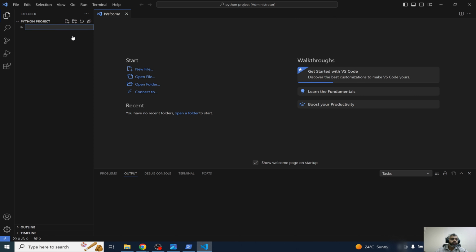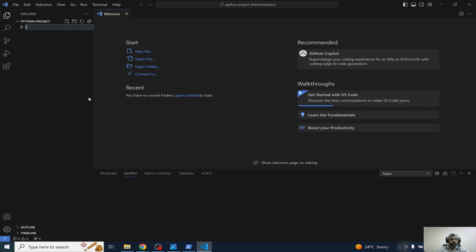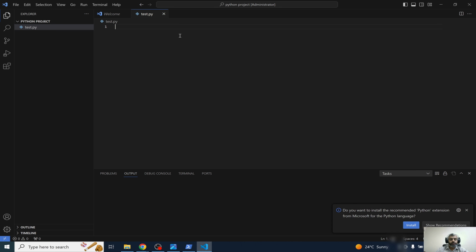I am just clicking on create new file and giving it the name test.py. So this is my new file in the Python workspace inside VS Code, and I'm writing here print hello, and now I have to run this. How can I run this? One thing is we can use a terminal window. VS Code is smart enough, it's giving me an extension to install, the Python extension. You can install it either from here, or you can go here in the extensions, or just write it here,